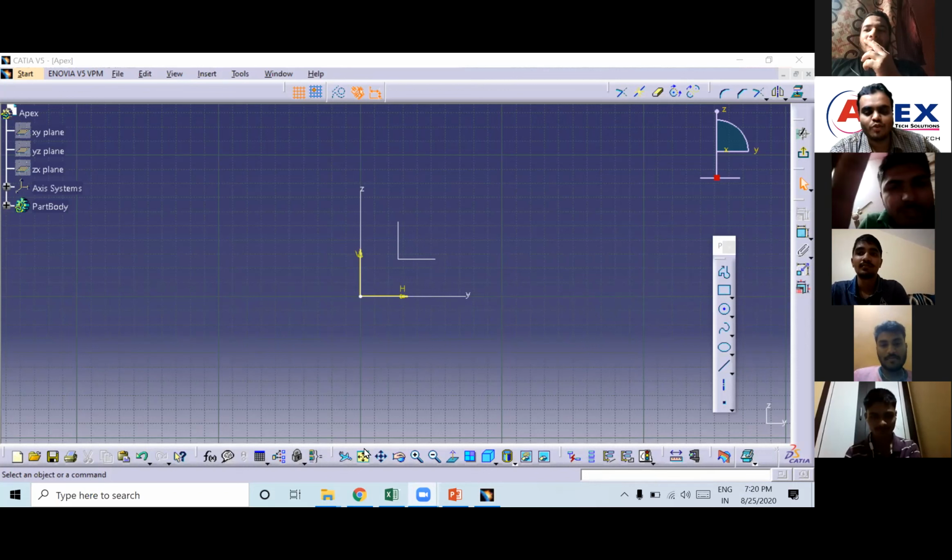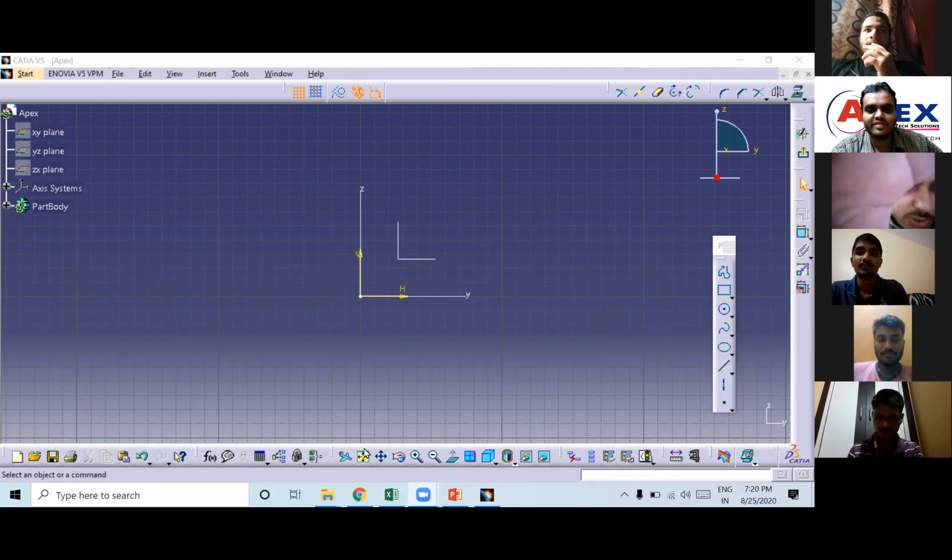Okay, I will ask one more time. How many operations can we do, how many buttons, and how many ways can we use? Manjunath Hegde? We can scroll, and we can right click and left click, sir. Total how many? We can scroll down and up.